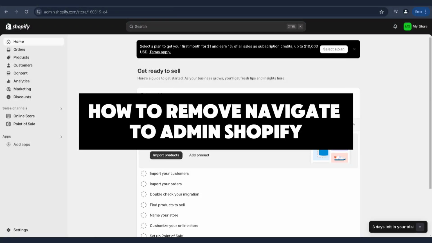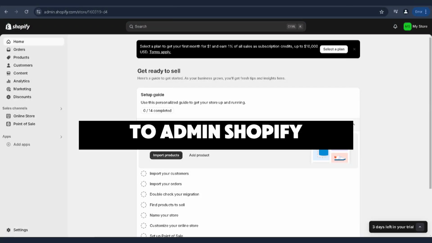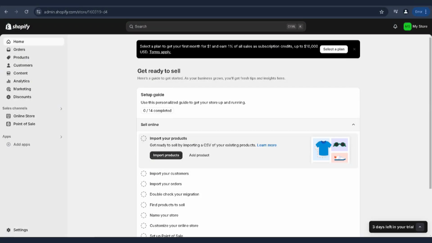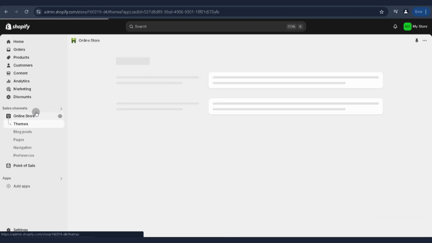How to remove Navigate to Admin on Shopify. To get you started, the first thing that you'll need to do is to sign into your Shopify account and go ahead and head over to the online store section. The Navigate to Admin button is something you're just supposed to find if you are the admin of a